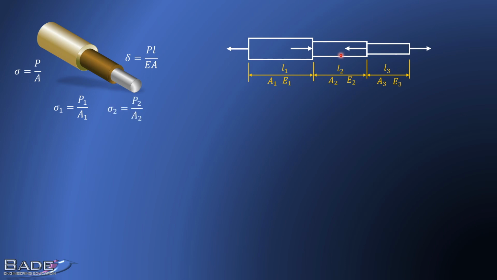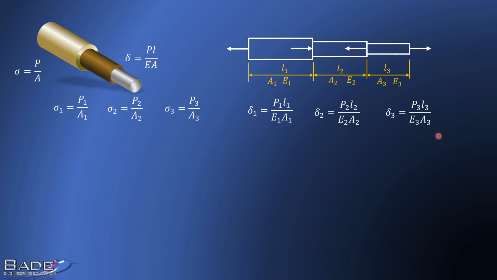Load on the second part is P2. Stress in the second part is load on the second part divided by cross-sectional area of the second part. Stress in the third part is load on the third part divided by cross-sectional area of the third part. So simple. Similarly, for deformation, delta 1, check here, it is the same formula. Delta 1 is P1 L1 divided by E1 A1. P1 is the load on the first part, L1 is the length of the first part, E1 is Young's modulus of the first part, and A1 is the area of the first part. Similarly, delta 2 and delta 3.